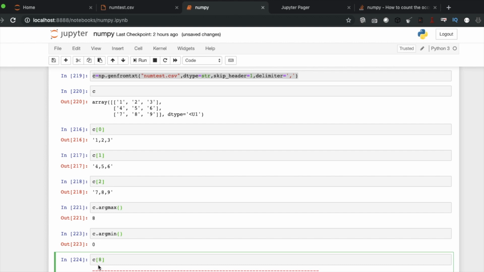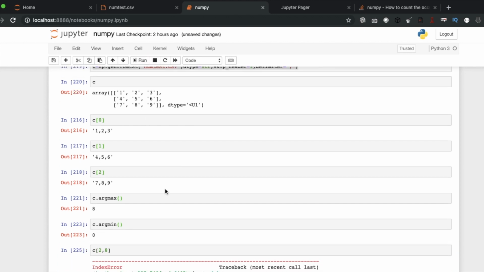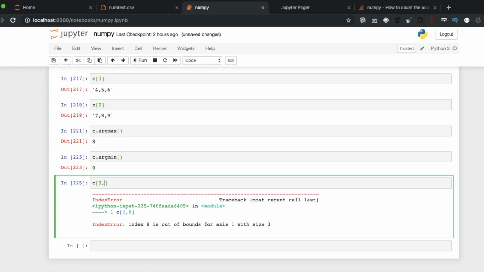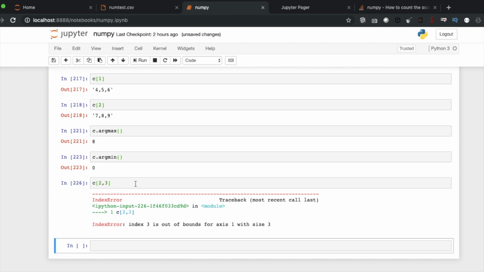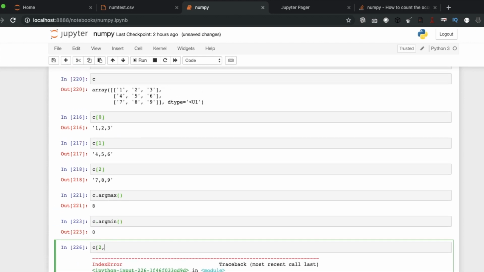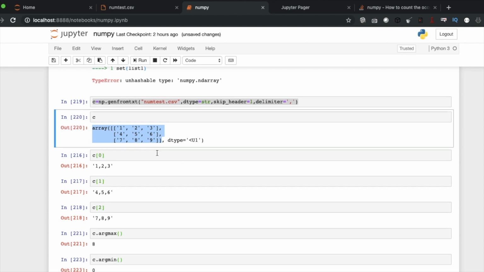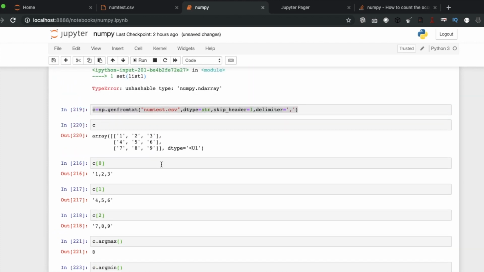But why is it giving this? The question is why this is giving this. I'm not sure, but this is kind of flattening the thing, and after that probably it is returning the index.